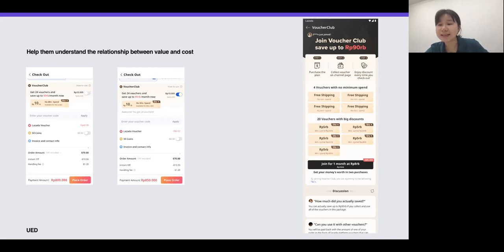We're also adding a discussion module. Right now the content is created by us, working as a Q&A, but later we can invite more diverse content talking about how you could actually save with this, to really make the price clear to the customer and help them connect with their use cases. In that sense, it could potentially uplift the join rate.